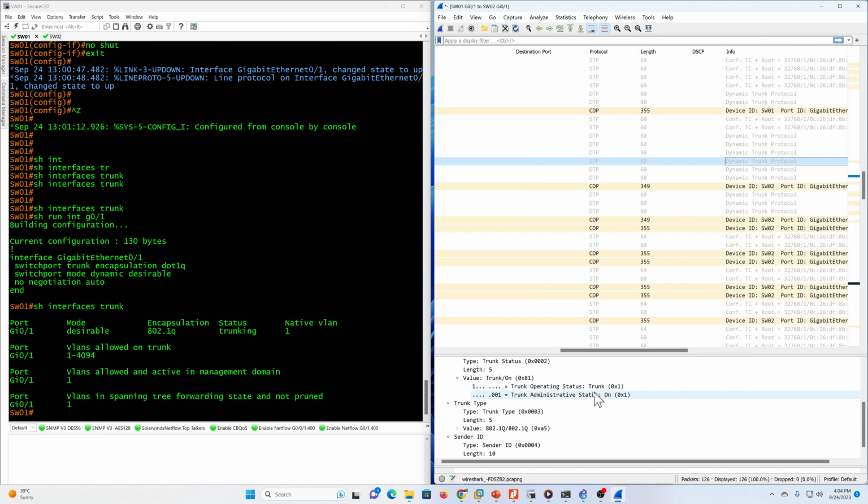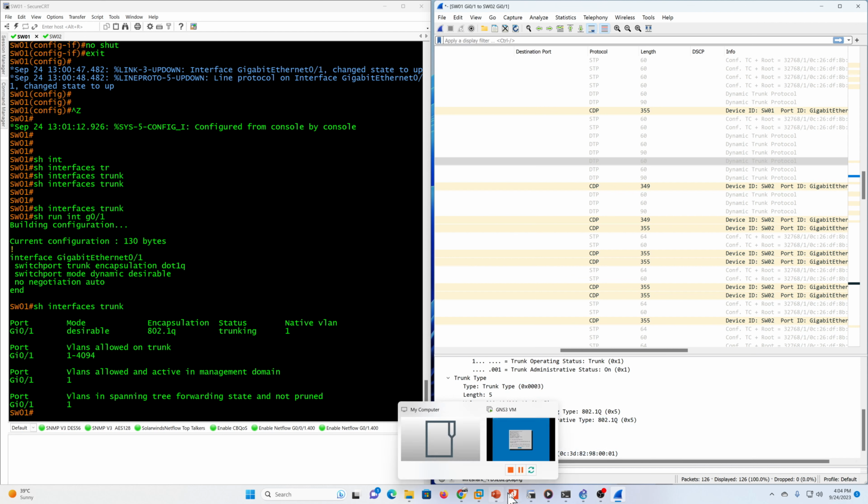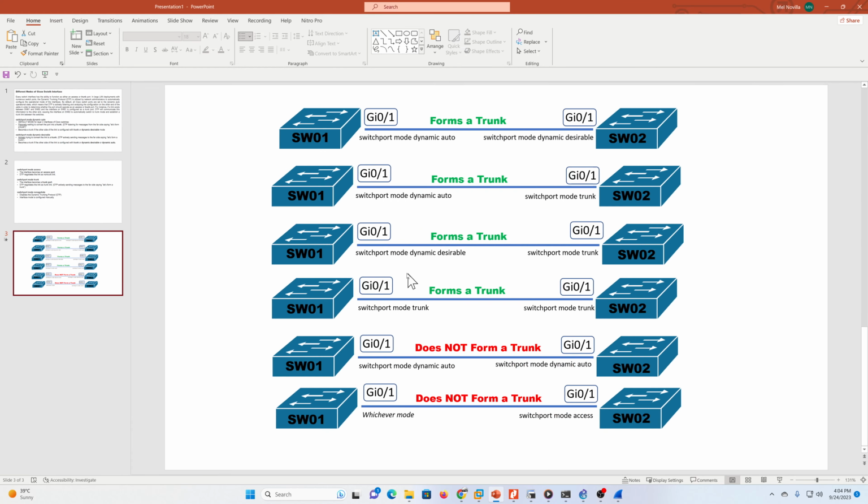Okay, so we can see here that switch two gigabit 0/1 is on a trunk, and the administrative status is on. All right, and we can see here that the trunk operating type is 802.1Q. That is the encapsulation type, and the trunk administrative type is 802.1Q also. All right, so it's very clear that we proved that dynamic desirable with switchport mode trunk will